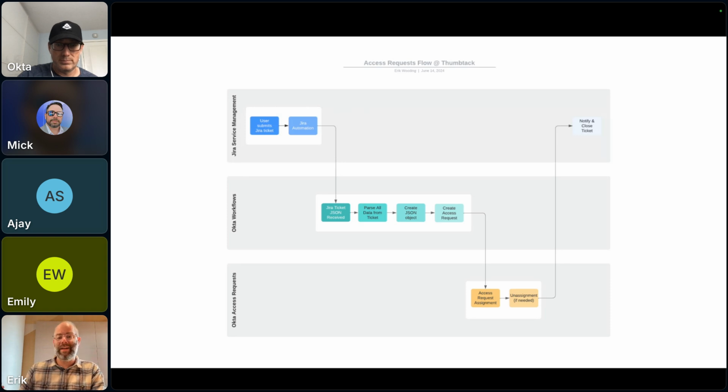And so we're able to take what used to be a bothersome, hey, Bob, please approve this person's access, and they have to go in the ticket and write approved or whatever. They just get a notification in their favorite system of choice, and they can just hit approve. And that has really, really sped up our processing.